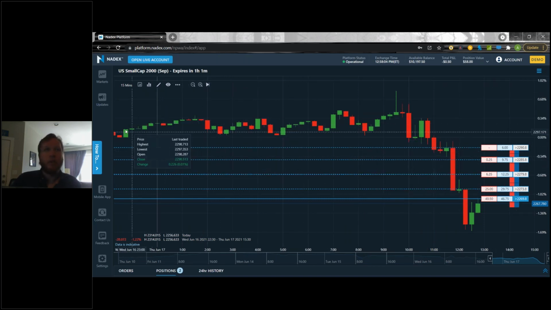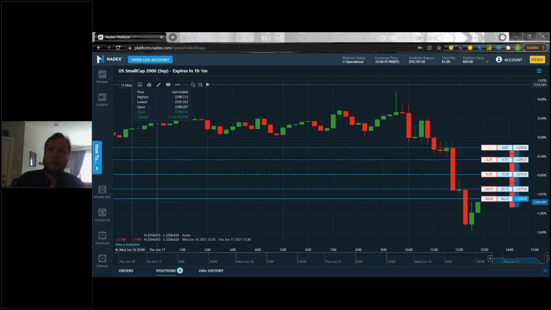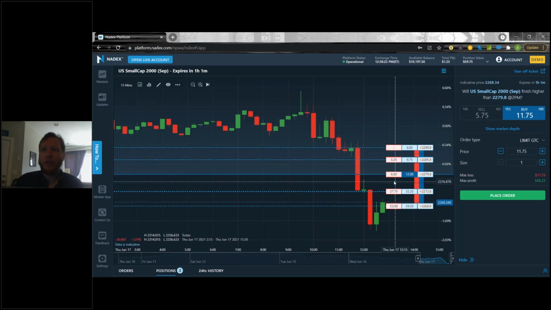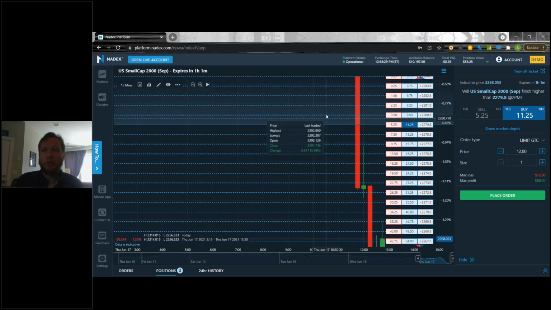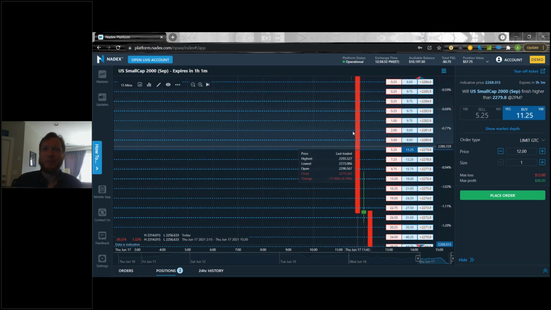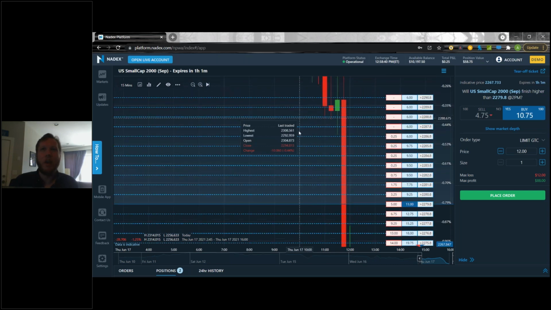So I have my US 500 chart here. Or sorry, this is actually the small cap 2000. I'm clicking through too fast because I want to make sure we get through our charts here. So we have our US small cap 2000 chart here. First of all, you can see all the strike lines. This is going to be all your contracts, and you can click on the strike lines directly to bring up the actual order ticket. You'll also see you have all the strikes here, and because this market has moved down so much, it's sort of collapsing the strikes. So this probably isn't a good one to look at because we have had a pretty big drop for the last few hours in a lot of the U.S. markets.